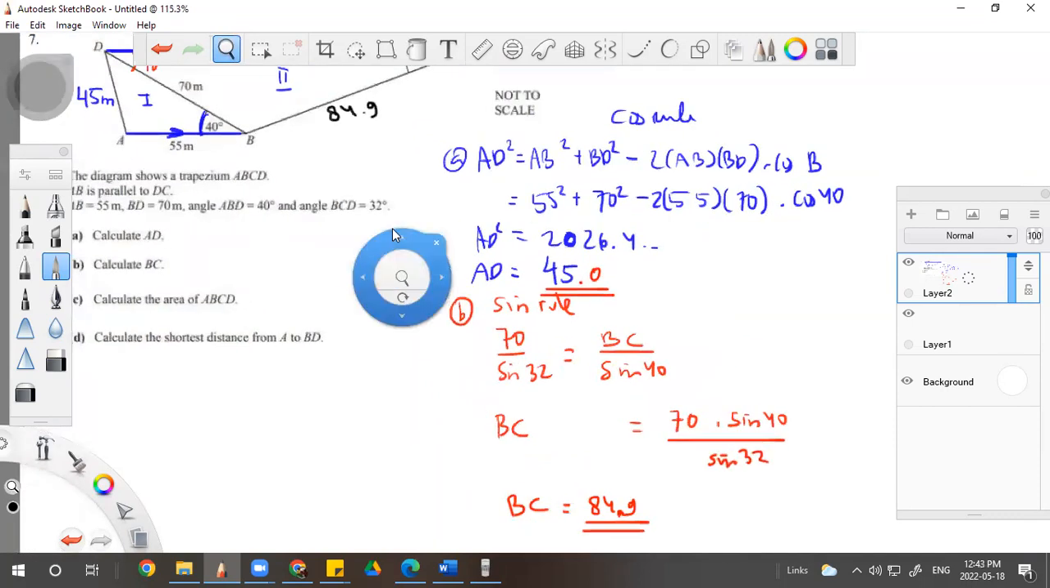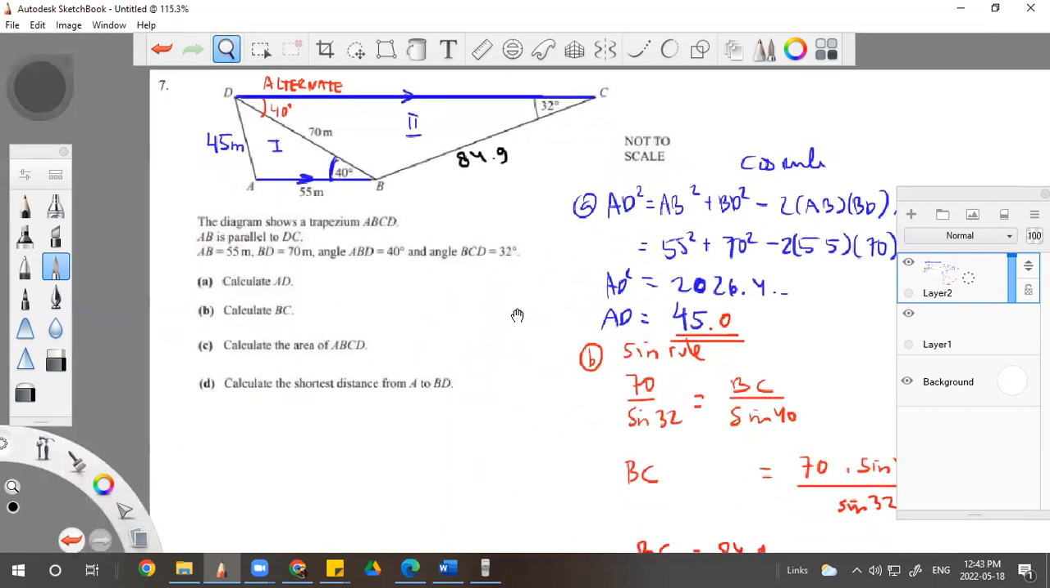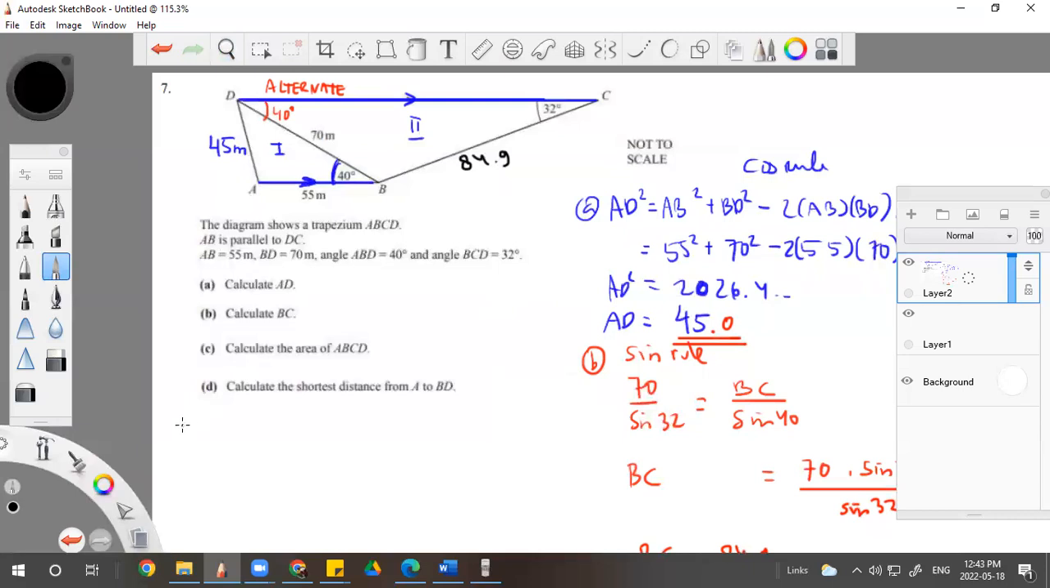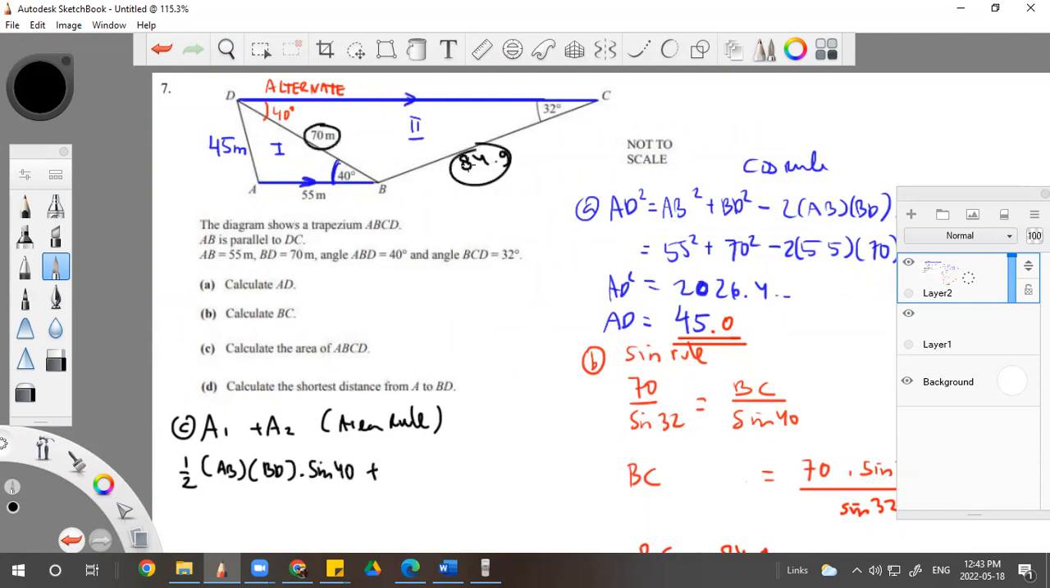It doesn't seem difficult. So the area is area 1 plus area 2, right? So use the area rule. Area 1 is easy, the area of triangle 1: half times AB times BD times sin 40. I'll write the formula. Plus area 2. We have 2 sides here: half times BD times BC,